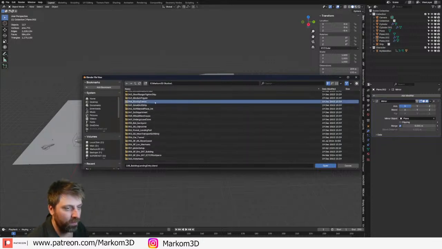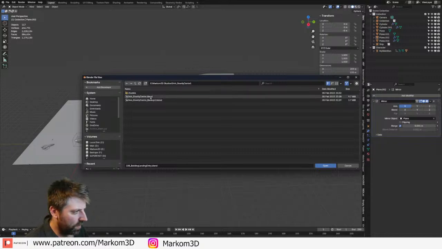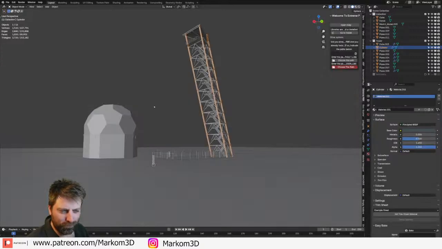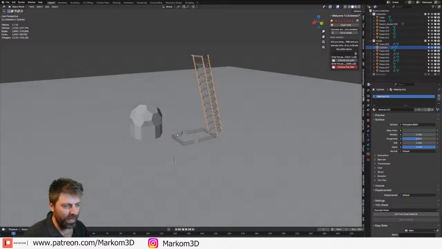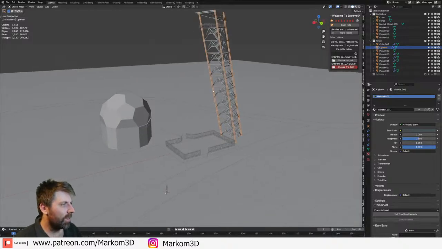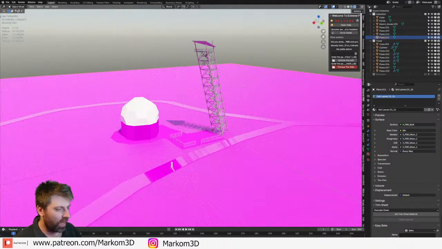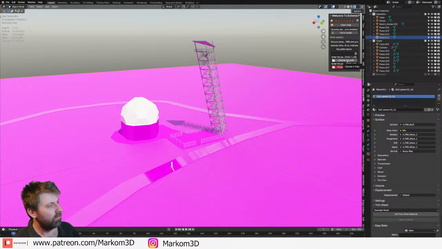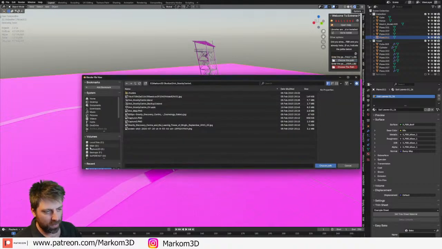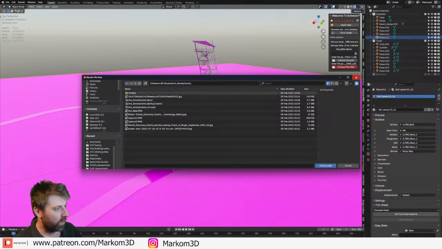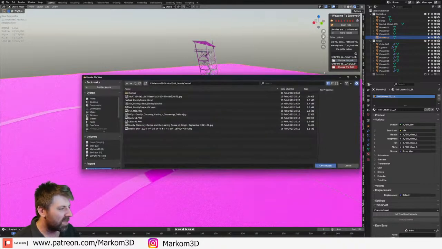There it is, Gravity Center. Where are all the trees? Oh, far out. What? I've lost all my extreme PBR stuff. Oh, ploppers. Okay.